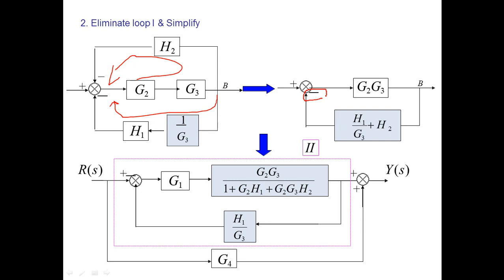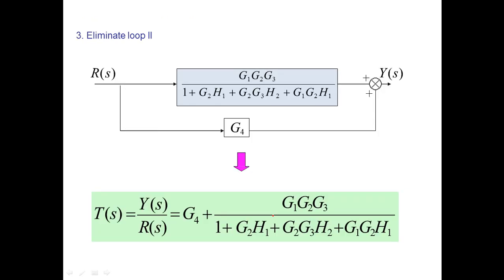You added them because they have the same entry point, that was this summing point, and you did the same with a common point, that is minus. So you put H1 divided by G3 plus H2, because this will be multiplied with minus and become minus. And now you can simply apply the closed loop feedback function equation over here, that is A divided by 1 plus AB. After that you will get this kind of equation, and you can easily cascade it with this G1, and you will again take a closed loop feedback equation.